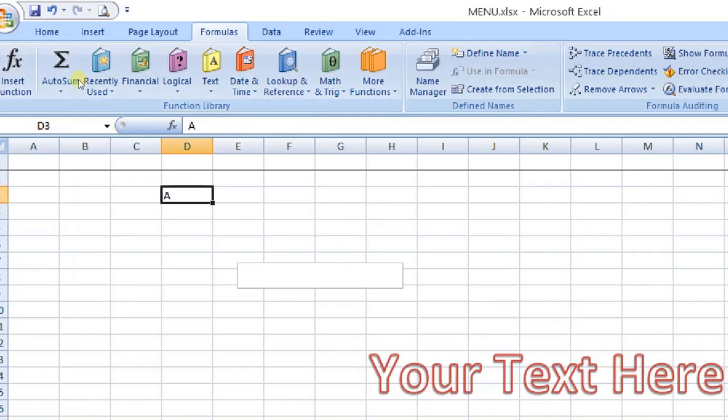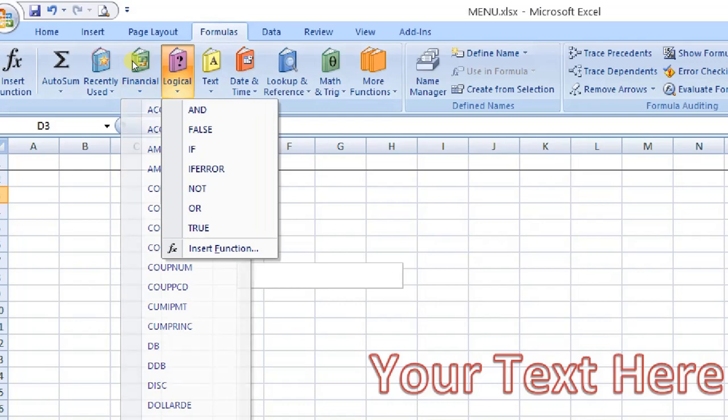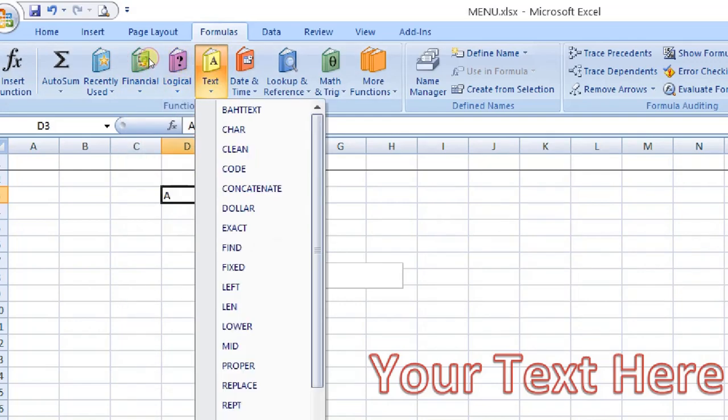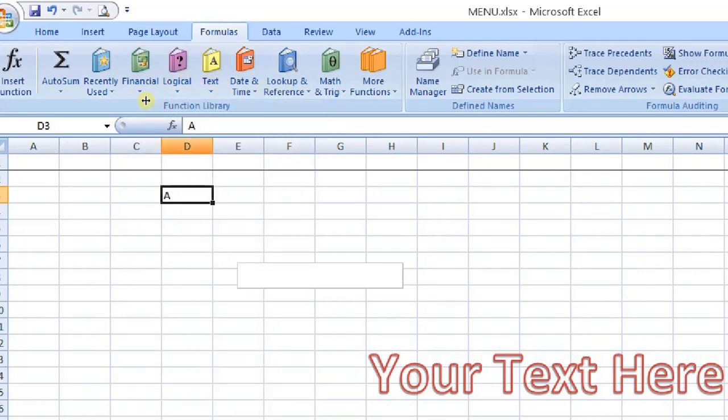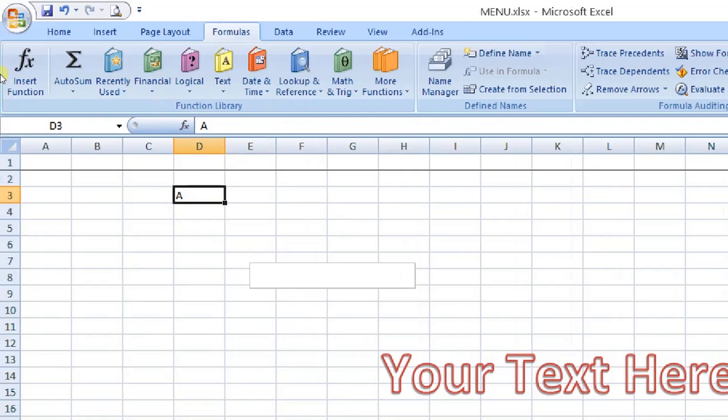These are the various functions. We'll see the different kinds of functions, financial function, logical function, text function, one by one in different videos. At this point, just see that this is the function bar.